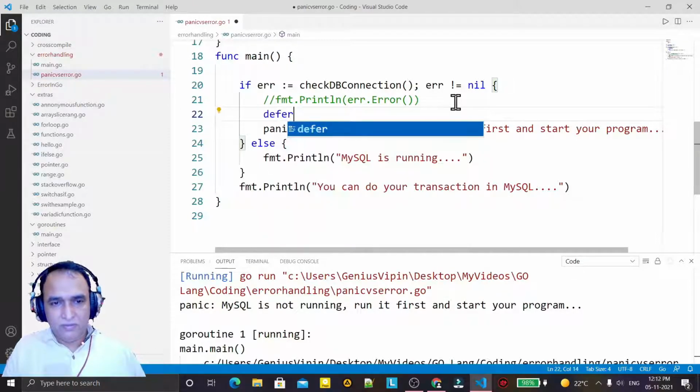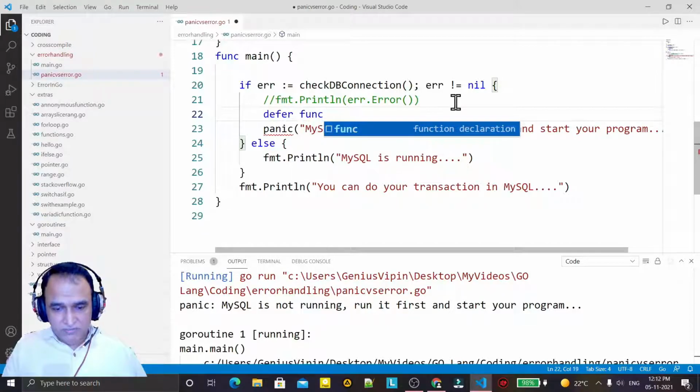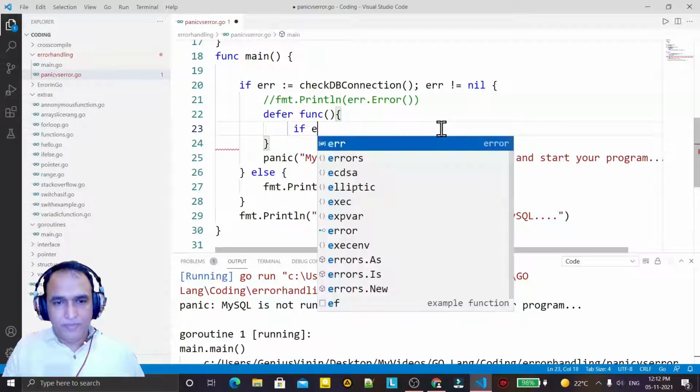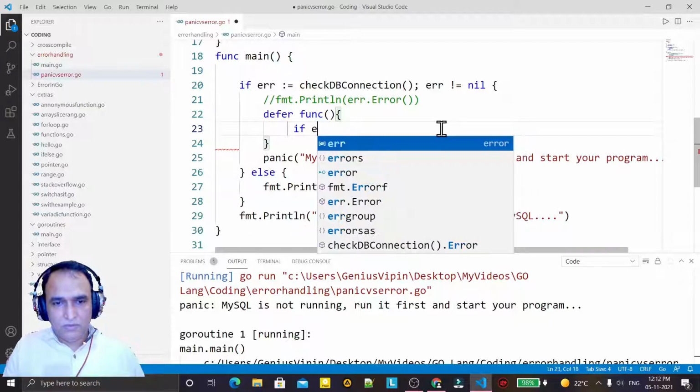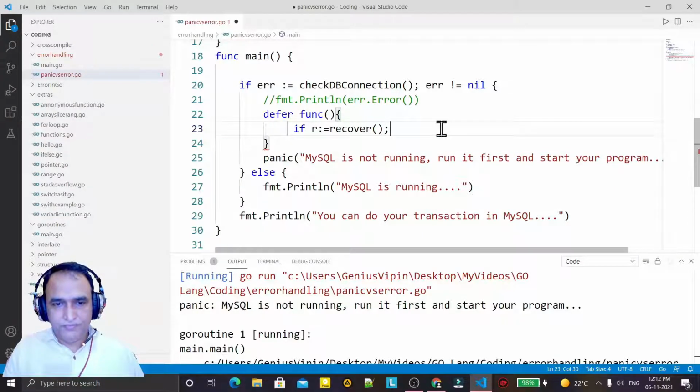I say defer. We know that it executes the statement at the end of the function, which means at the end of the main function it will execute. So here I am creating an anonymous function, because you know that we use this anonymous function. Now what I am doing is just checking: r equal to recover(), which is a function, and r not equal to nil, like this.